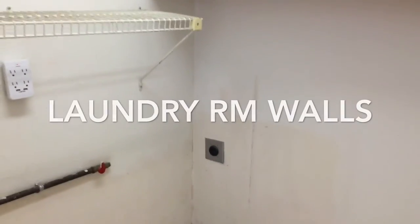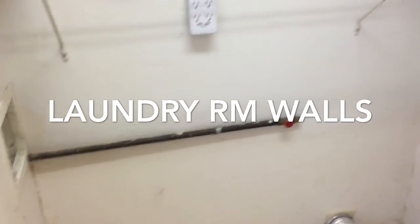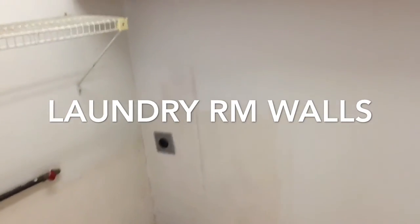The seals would need to be wiped down, but again, they've been here since 2004. This needs to be cleaned out, finished up. Walls looking like this after 1 year are not acceptable. After 4 to 5 years, it's probably acceptable,